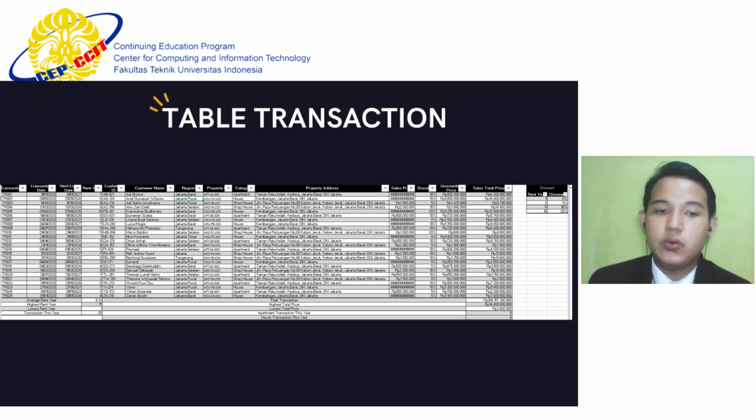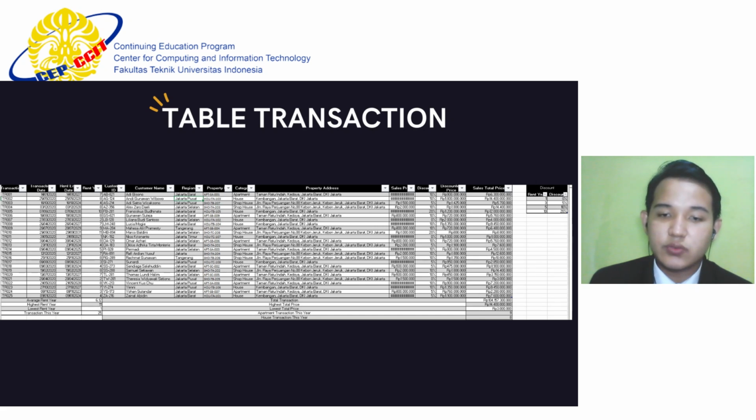And below you can see there is a price range, where the average is 6.12. The highest is 11. The lowest is 1, and the transactions that happened in this history are 25 times. For the average we use the AVERAGE function. For the highest we use the MAX function. For the lowest we use the MIN function, and for the transactions that happened, we use the COUNT function.